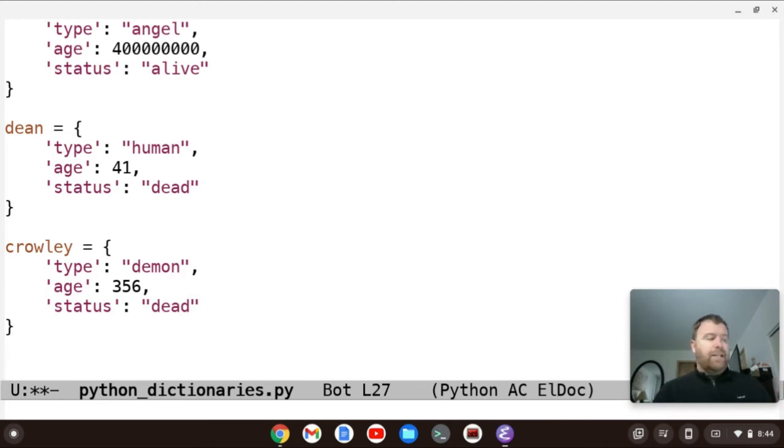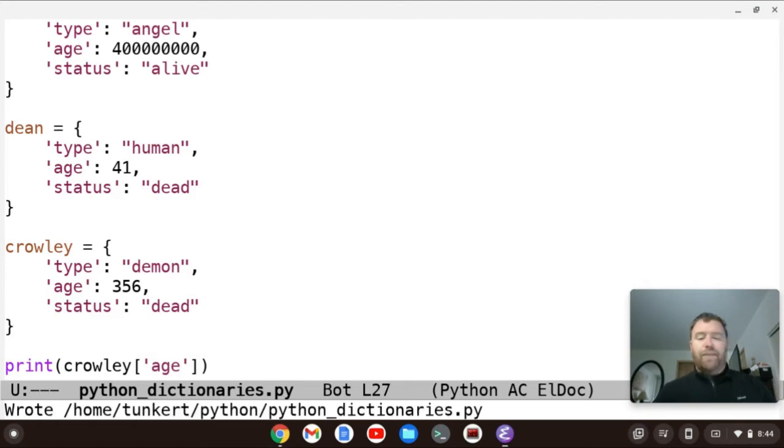All right. So we can output some value for a dictionary if we pass the key into the dictionary. If I want to print Crowley's age, for instance, I can type print and then the name of the dictionary, Crowley, and then the key in square brackets, which is age. Okay. So I'll save this file, and if I run this, it should print 356. So let's open eShell.